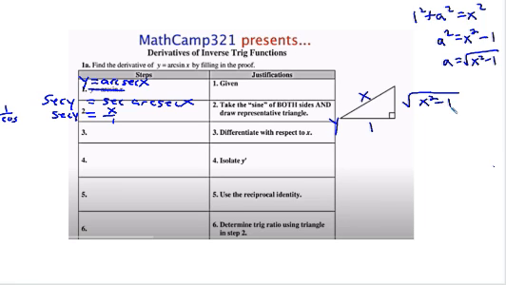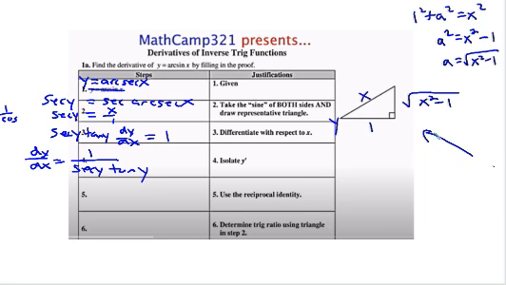The derivative of secant y is secant y tangent y dy/dx equals 1. So if I solve this, I have dy/dx equals 1 over the secant of y times the tangent of y. All right? So now if we come over to our drawing over here, the secant of y